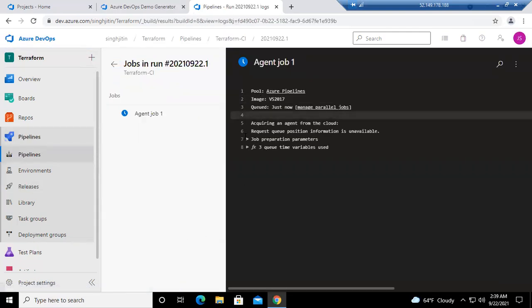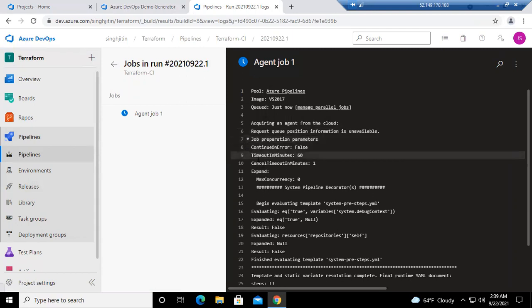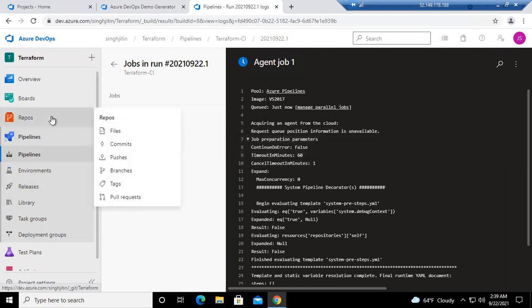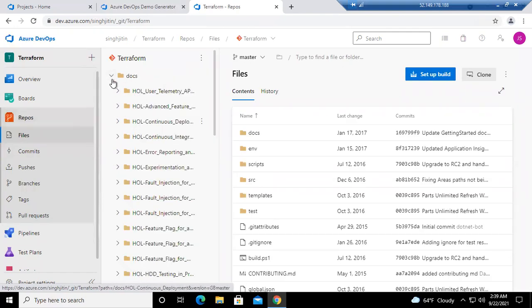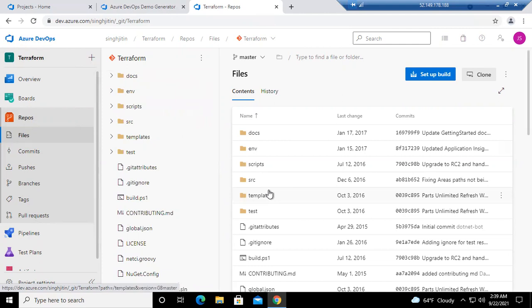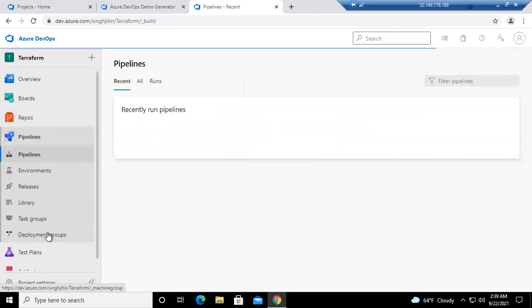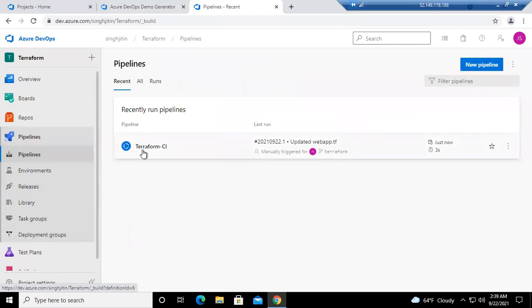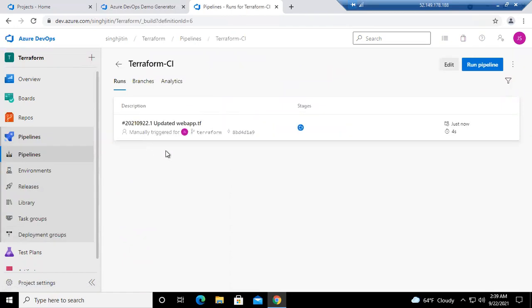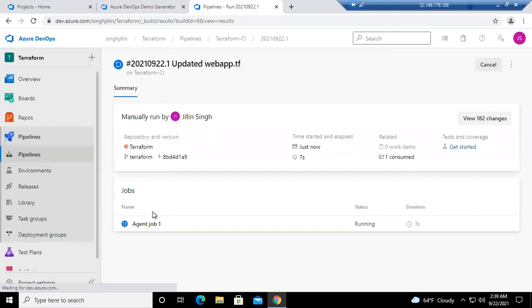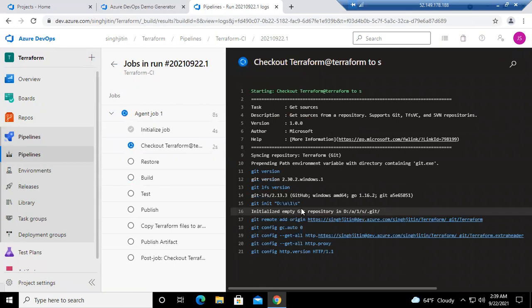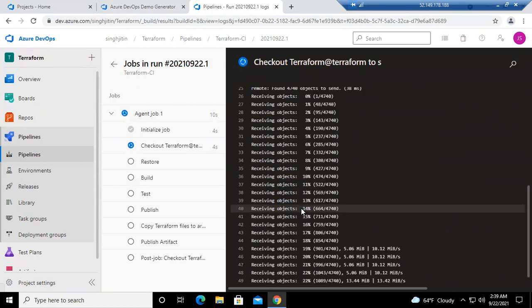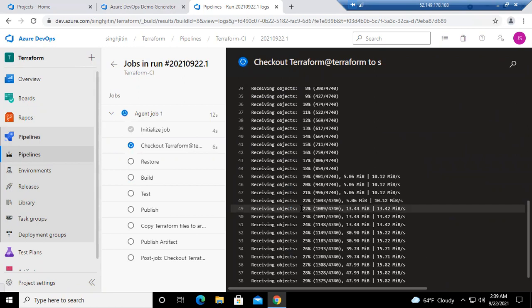Now, this job will take a while. It will help me build all the integration of your repositories, which are available over here. That is one of the projects and all the code will be available, and your developers will be doing push and pull. Now, at every given point of time, just like the ordinary pipeline that we have seen before, this process will be executed. Currently, we have manually executed this particular task so that we can see the number of jobs. Once this job is done, you will be able to design your release strategy. And with the help of that, you can create resources within production.